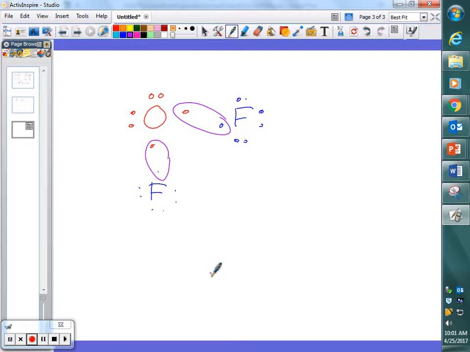We could end up with that. That would work, right? This is not a diatomic molecule, but it is a molecule. It's a group of atoms held together with covalent bonds. Okay? Which bond is the most common